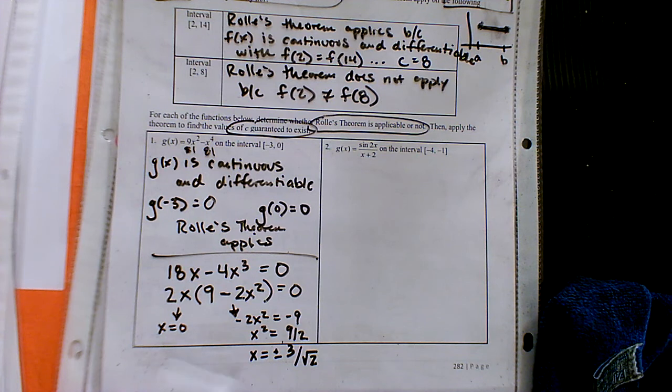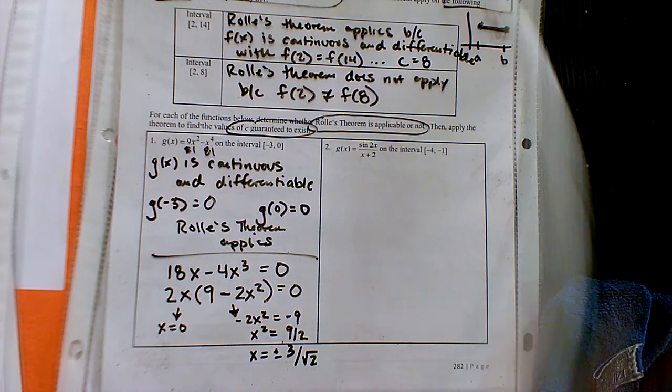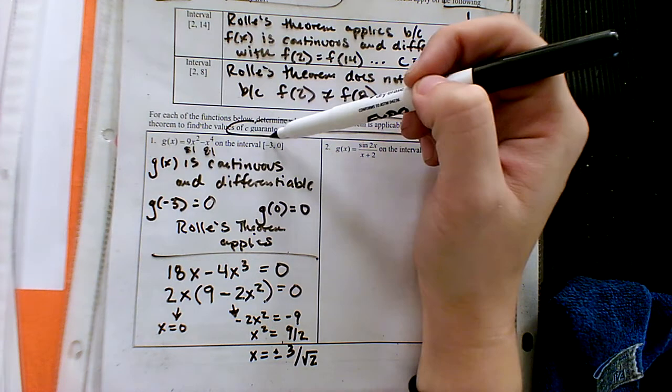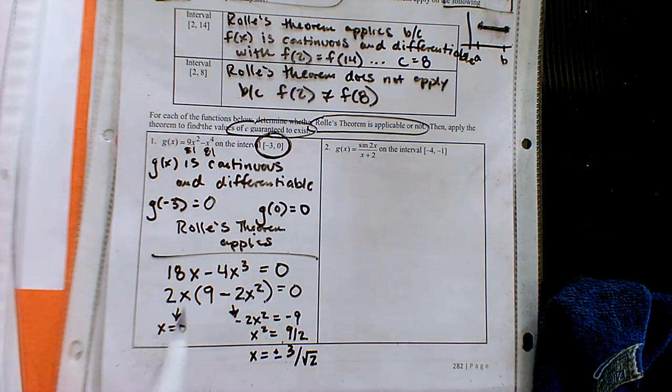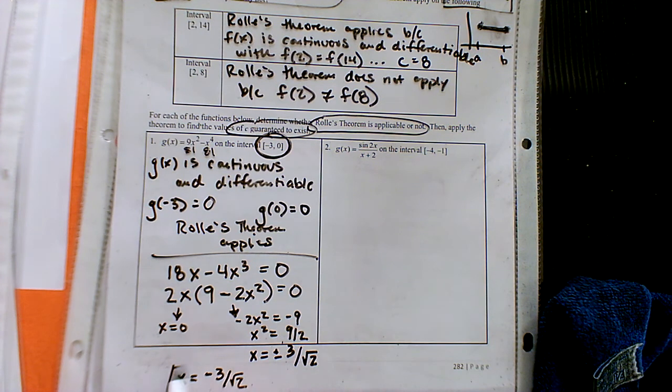So these are locations of where we have a horizontal tangent. But notice how we should be guaranteed at least one of them is within this interval. Can we list out of these options that we have here which ones fit this Rolle's theorem conclusion? Where's this special spot where we have a critical point within the interval? -3 over square root of 2, okay?